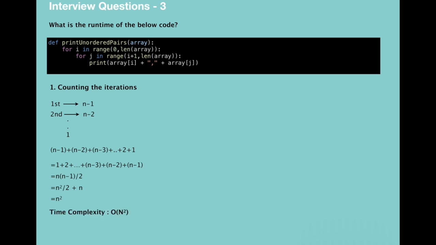The second way to find the time complexity for this method is called the average way. Here we know that the outer loop runs n times. Now the question is, how many steps does the inner loop run? For each step of the outer loop, the runtime of the inner loop varies. But here we can think about the average iteration. Let's imagine that for the first step, the inner loop runs 10 times. Then in the second step, it runs 9 times. Then in the third step, it runs 8, and so on until we reach 1.